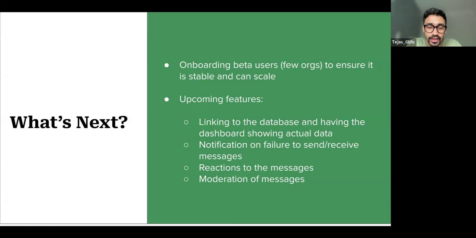So, a quick call to action for everyone who's joined here: if you're interested in using this, please reach out to me, and we'll enable this for you. I'm happy to help you try it out and put together a few experiments that will determine the